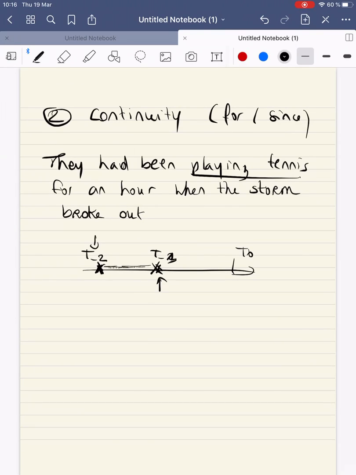You could say they had played tennis for an hour, but the fact that you say they had been playing means they were still in the middle of it, or you want to stress the time they had spent. They had been playing tennis for an hour. You're insisting on the duration of the activity when this happened. I hope, once again, this is crystal clear. If you want